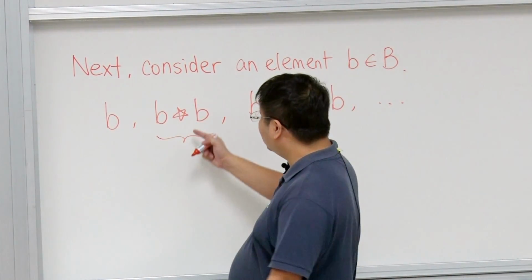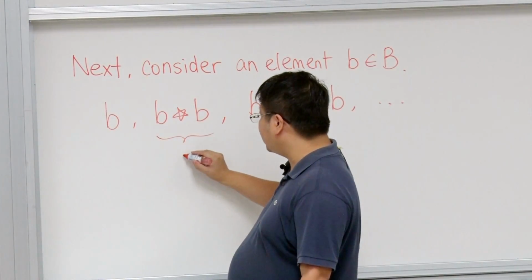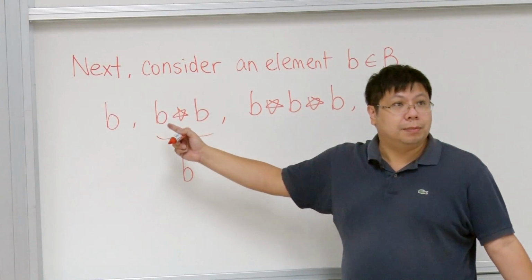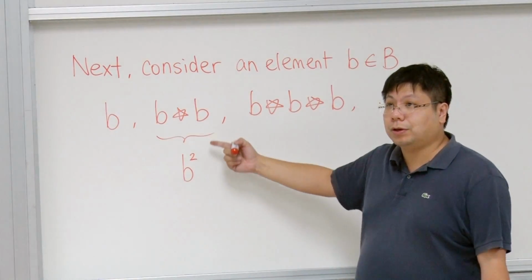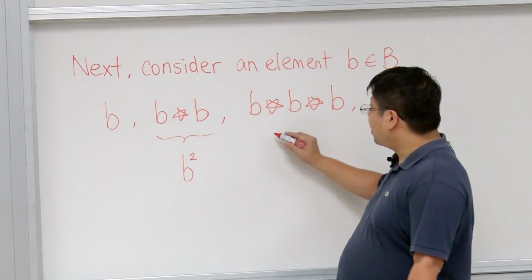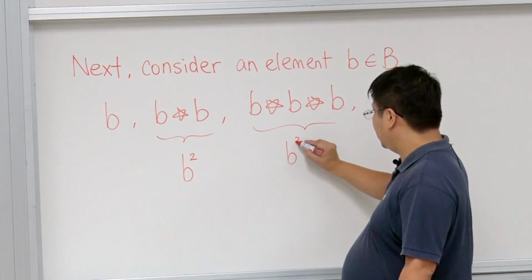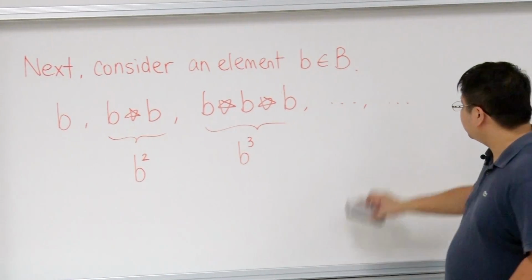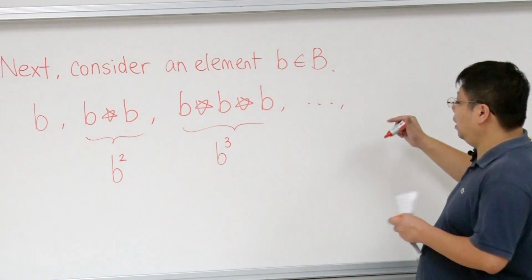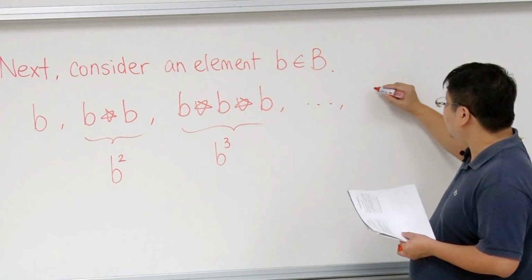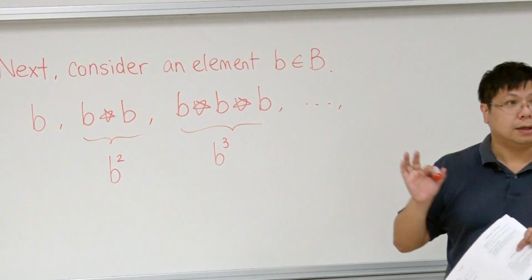I use a shorthand notation. This is like b times b, so I call it b squared, although this could be a plus operator. I call it b squared, b applied to itself twice on the same operation. This is b cubed. So I have a lot of items, but eventually,